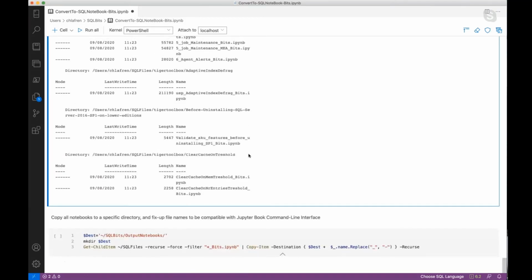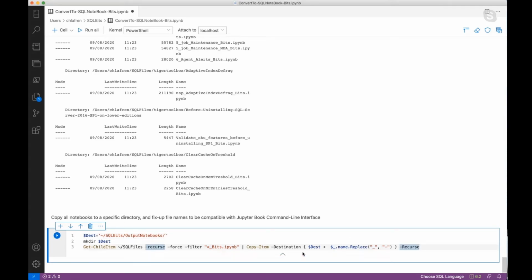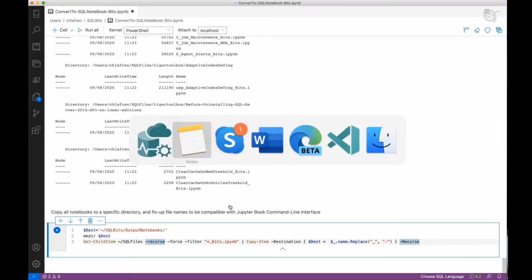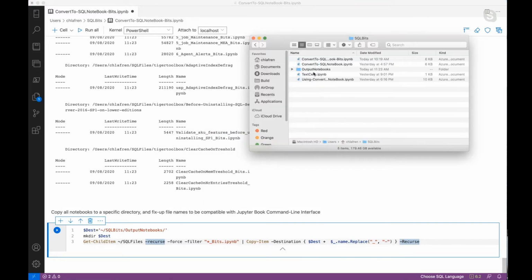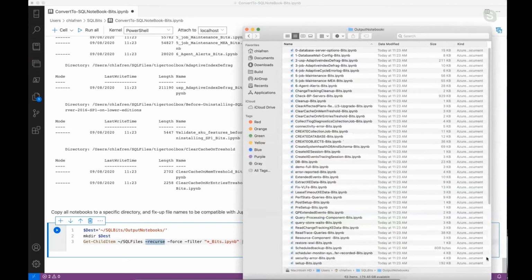Just scroll down here for just a second. So let's just, for simplicity's sake, copy all these notebooks to the directory. And then we're going to do a little bit of fix up where we're just going to replace the underscores with dashes here. So this will take just a second. All right. So now we're here, and let me just show you what this looks like. All right. So notice we have about 60 items,